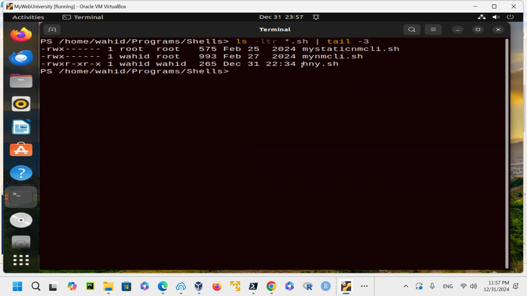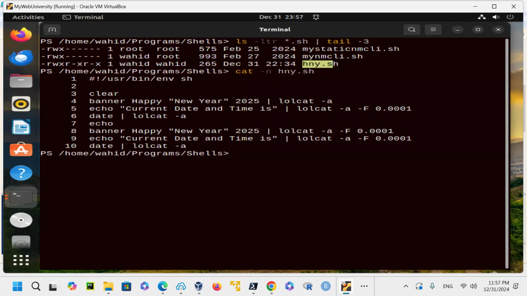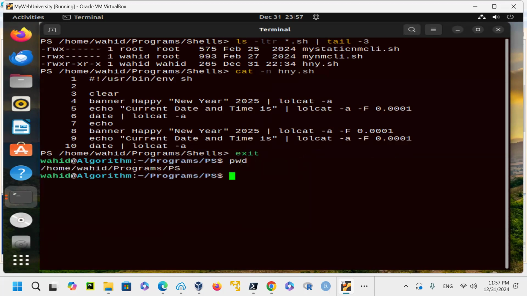Now notice that this lowercase happy new year is another script that I wrote, and that's also on PowerShell. So I don't have to be in PowerShell to run it, but it doesn't matter because PowerShell is integrated. You can run it inside there or just run the command outside. So if I exit out of PowerShell, notice I'm right here on this PowerShell directory, and then I could